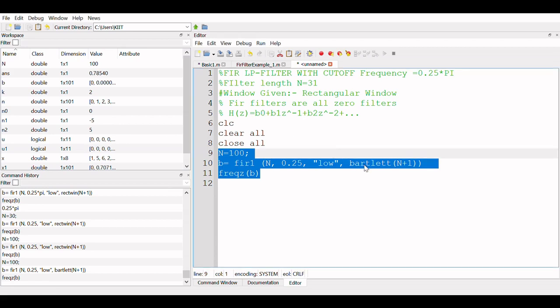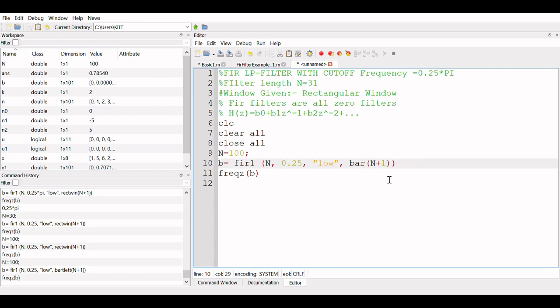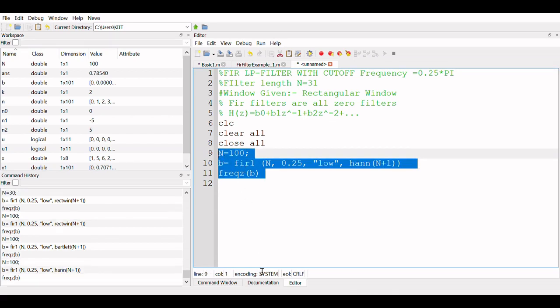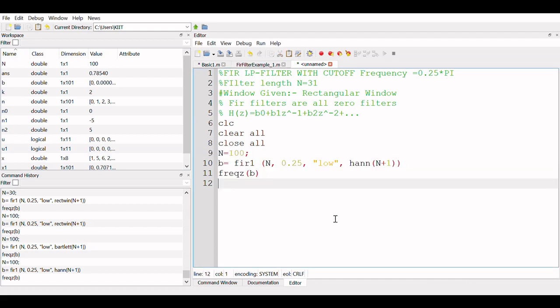Now suppose I want to use some other window. You have studied the Hamming window and the Hanning window. So suppose I want to use the Hann window. I put the Hann window, then run the same code. Every window has different criteria, and you will understand how one window is different from another. Here we can see a beautiful figure with minimized cutoff, but again the same problem exists. It depends; once you practice, which window to use for practical purposes will come automatically to you.